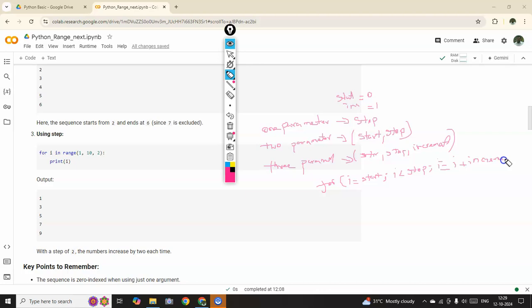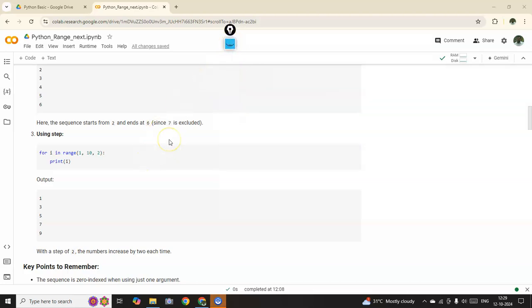Increment. Okay, this way this range will work. So you can easily remember how to run the range. Next we will see,